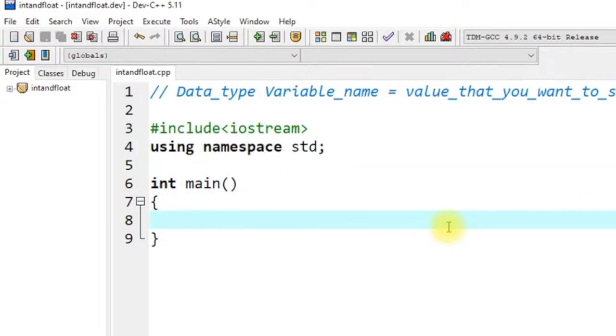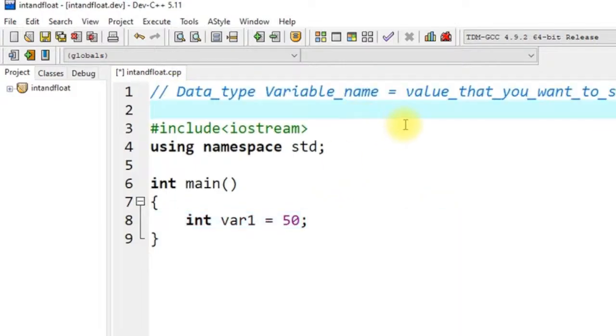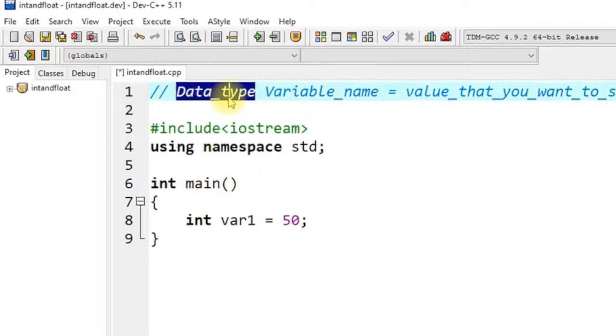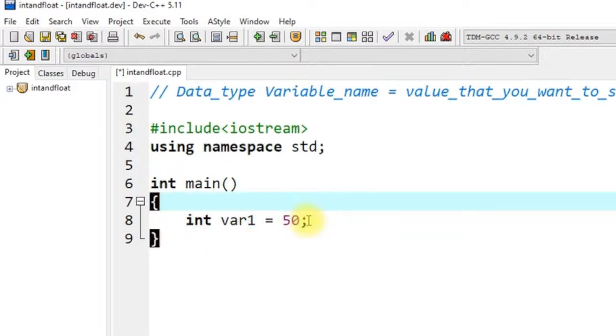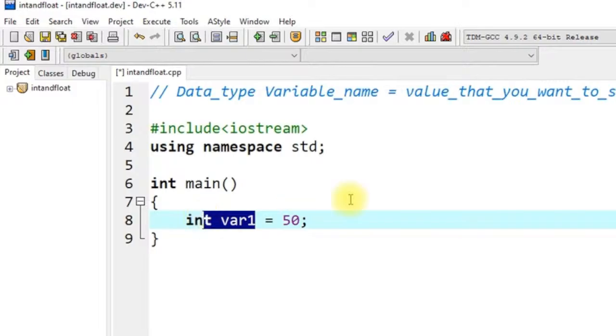Let me define a variable of integer type, var1, equal to 50. Let's understand the statement with the help of the generalized syntax that I have written over here in the comment. The data type is the first requirement, and here the data type is the keyword int. On the right-hand side of the equals sign, we'll write the value that we want to store inside var1. So 50 will be stored into var1. If I save the program and try to run this,